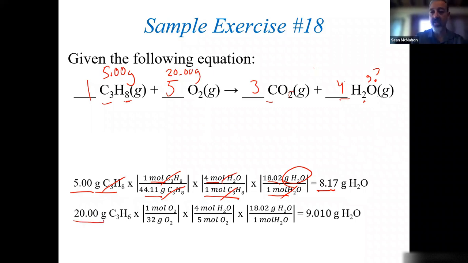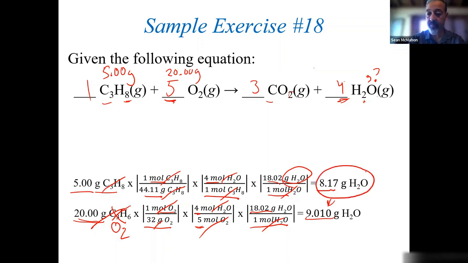I have 20 grams. Oops, there's a typo right here. That should be O2. My bad, I'm sorry. I have 20 grams of oxygen. There's 32 grams of oxygen per 1 mole. There's, according to the balanced equation, 5 moles of oxygen per 4 moles of water. So moles of oxygen cancel. And then in 1 mole of water, there's 18.02 grams. So I'm left with 9.010. I add the trailing 0 because there's 4 sig figs here and I need 4 here, which is a smaller quantity. So my theoretical yield